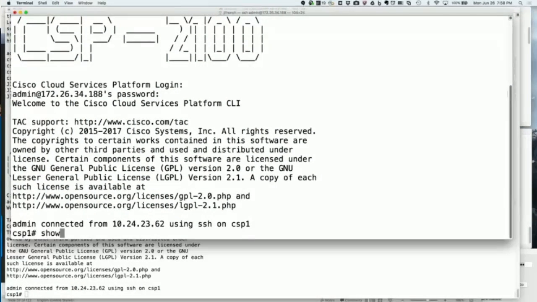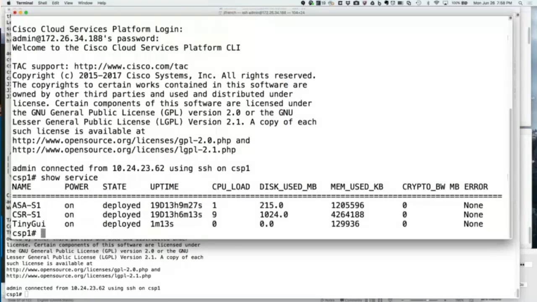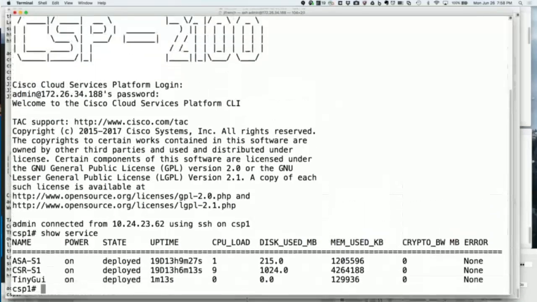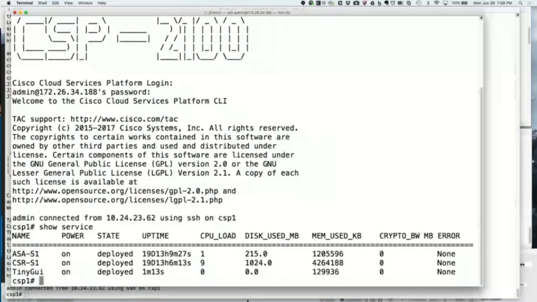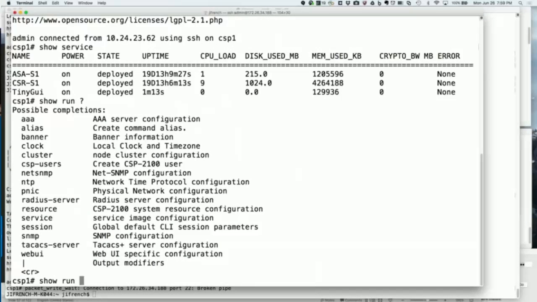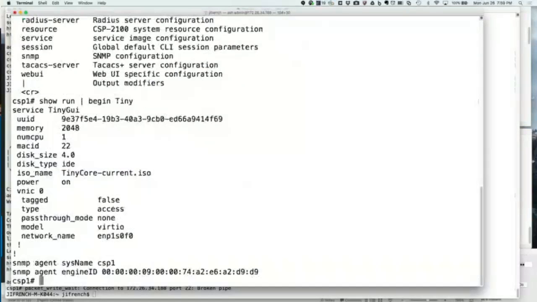So I do a show services, right? And now I've got that tiny GUI there. You know, that's what the name was, and I have my ASA and my CSR. So I can do a show run. I'm going to make this a little bit smaller. Just like you would on a router, right? You got all your options. I can pipe. So begin, tiny, right? And I just get, you know, what that VM looks like here, tiny GUI,